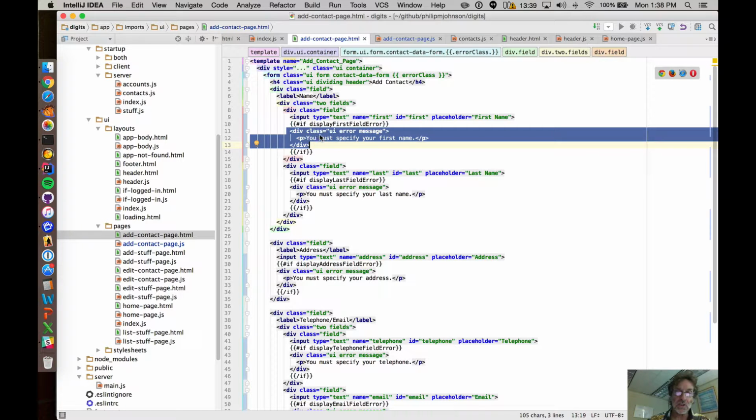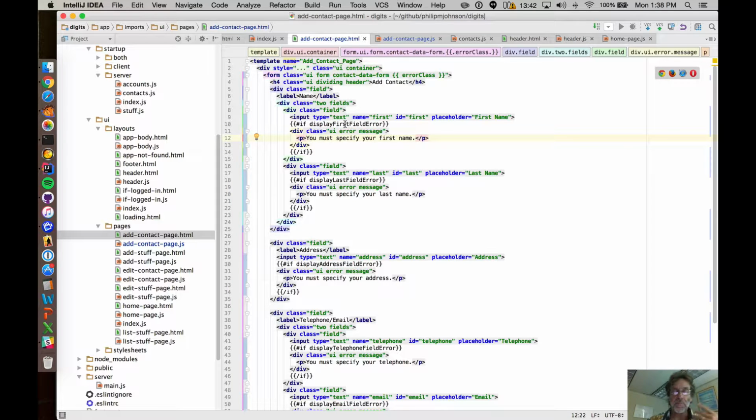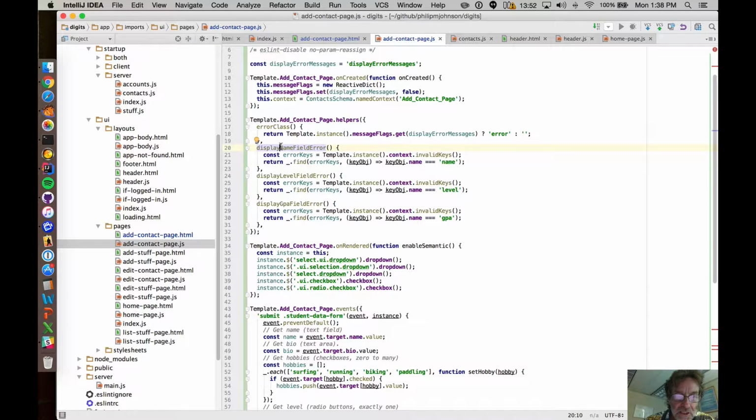So we only want to insert those into the HTML when in fact the associated field actually has an error. Okay, so we've got first, last, address, telephone, and email. So what I'm going to say here is display first, and then we want to check to see if the key is first, and then there's a last, check to see if the key is last, and then we have address, check to see if it's address,